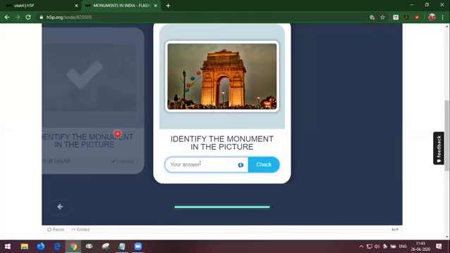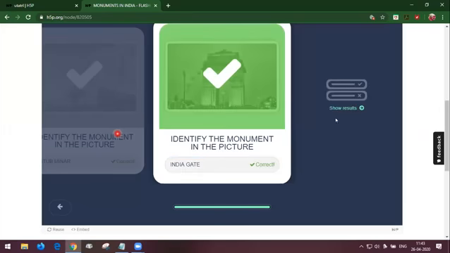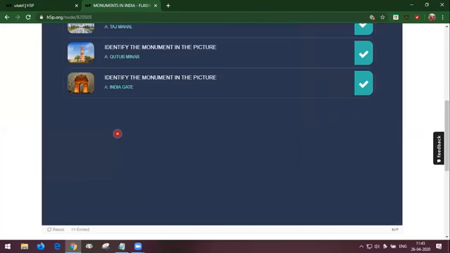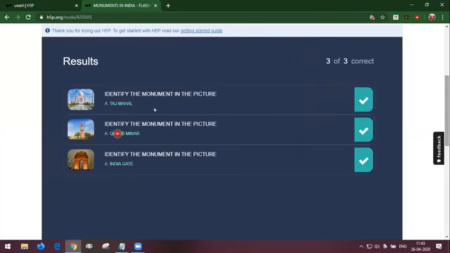It is an India Gate monument. After entering the answers, we can go for the show results column. Here you can see the results, 3 out of 3 correct. That's also displayed here. Now we are going to learn how to create these flashcards.